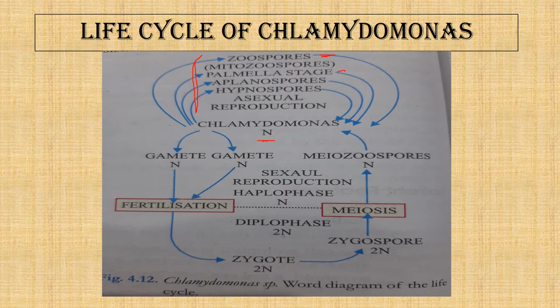Now if the condition is not conducive, or there is some predator around that the Chlamydomonas senses, the protoplasts of the zoospores do not develop flagella, and they remain inside the parent cell wall. This parent cell wall gelatinizes to form a gelatinous matrix, and the divided cells of the Chlamydomonas remain embedded in the gelatinous matrix without developing flagella.